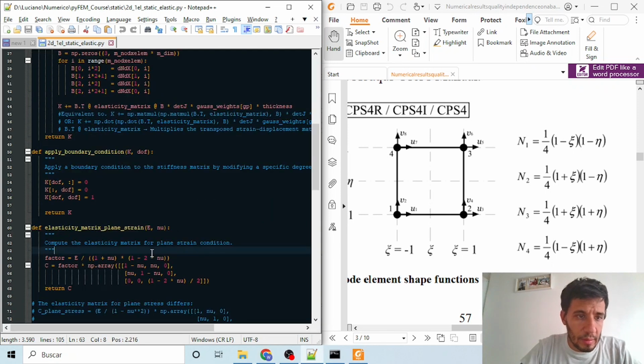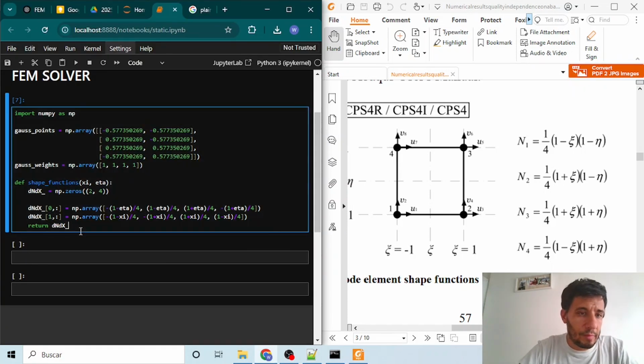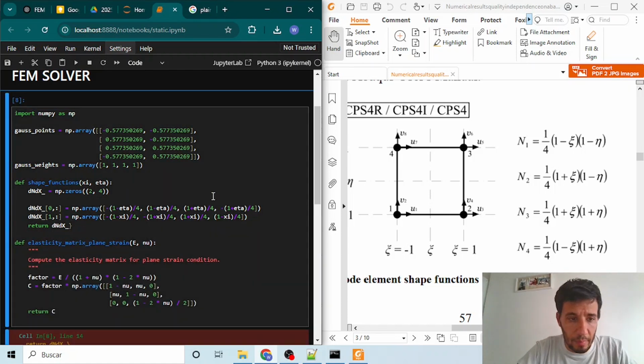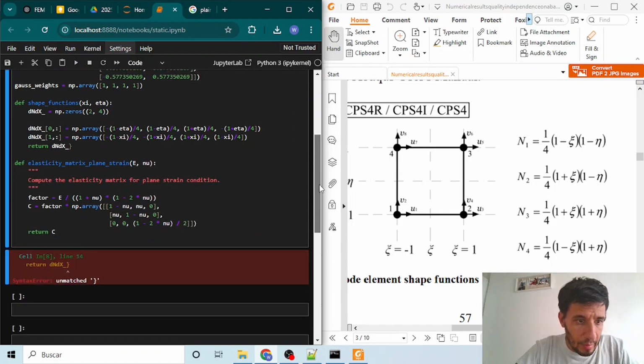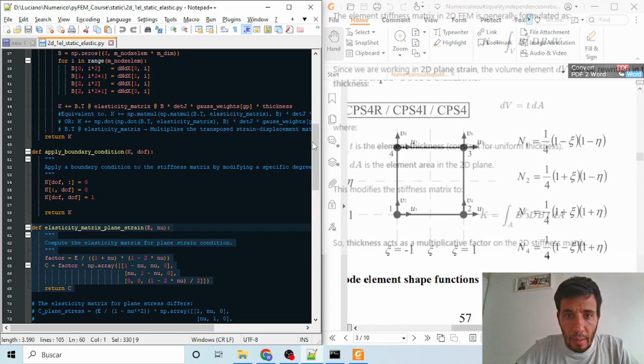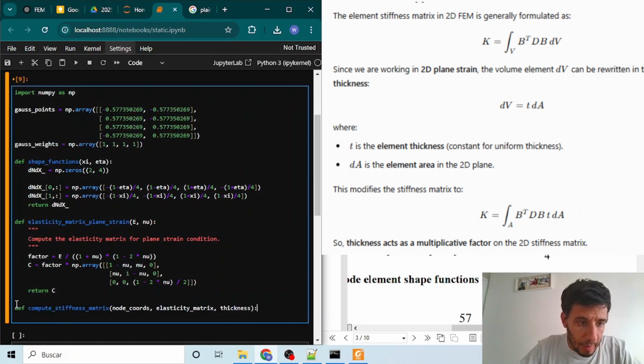For that, I think it's important to define our elasticity matrix. We will obtain the stresses from the strains, the elastic strain. Remember that this will be a static problem. Okay, we see some trouble here, and it's because of this symbol. We are okay with this, and later we can include our stiffness matrix. We can see our parameters one by one. This computes the stiffness matrix, which is also named K.